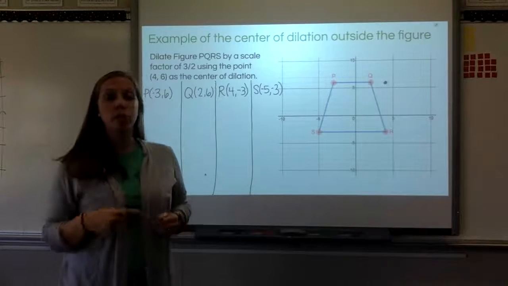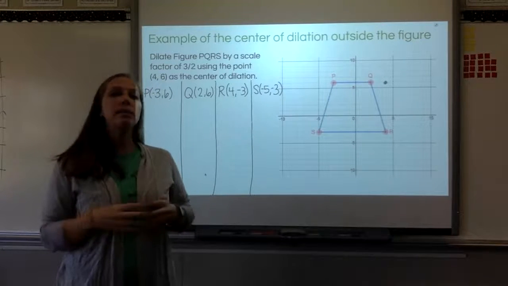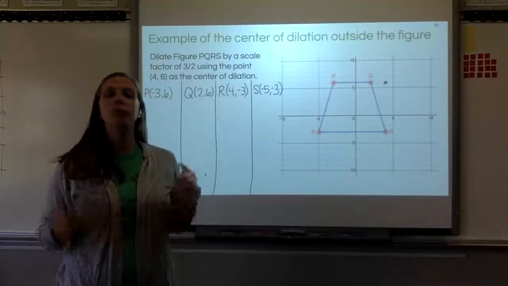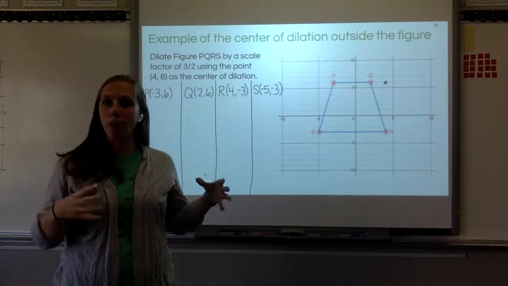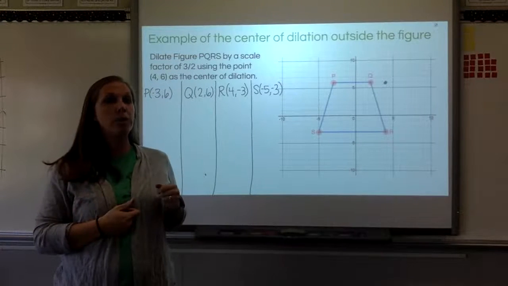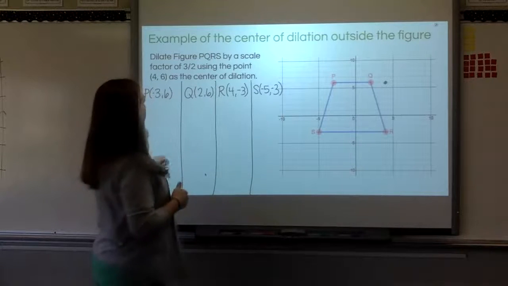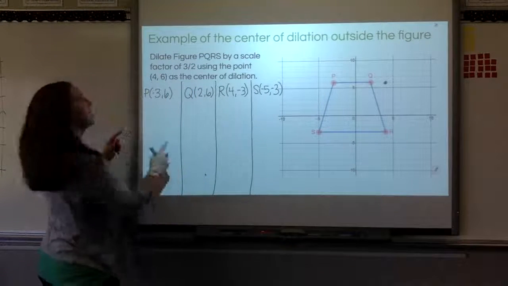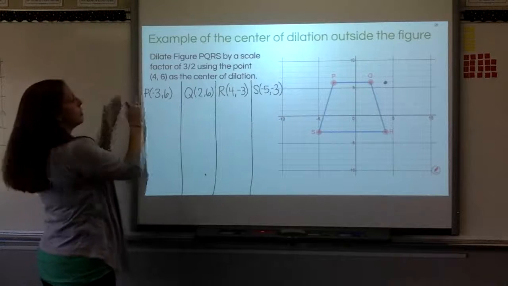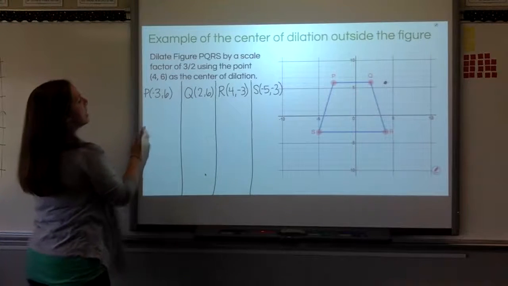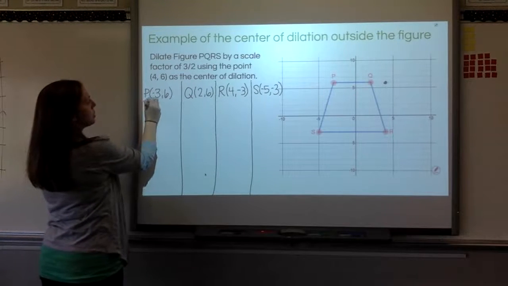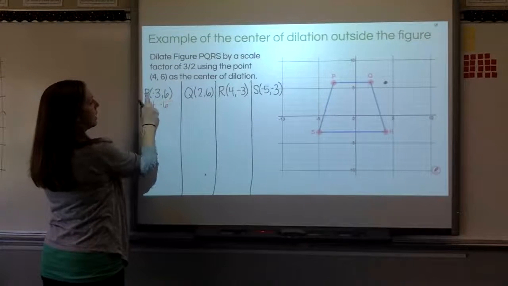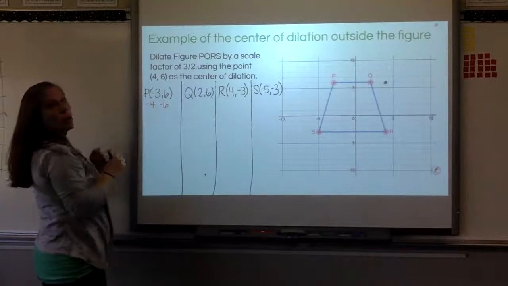I know that since that's greater than 1, it means that I'm enlarging the figure. Okay, so that's what I'm expecting, is that I'm going to enlarge my figure. I just have to figure out exactly where the points go now. So one way I can do that is I've already written down my coordinates here. So I'm going to start with point P, and I'm going to subtract my x and y values from the